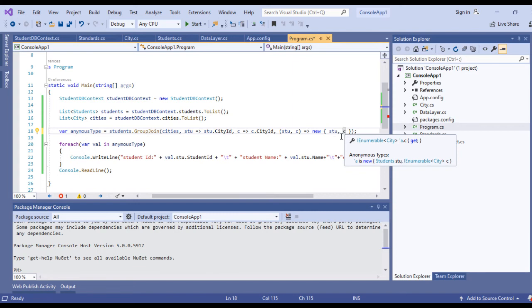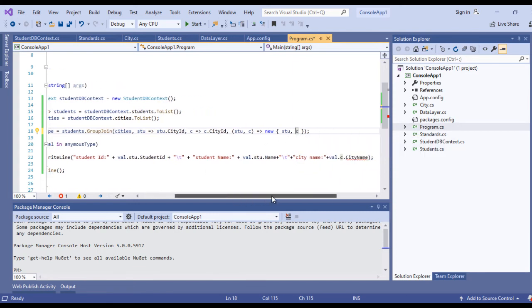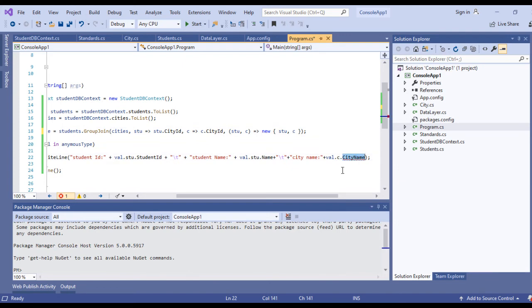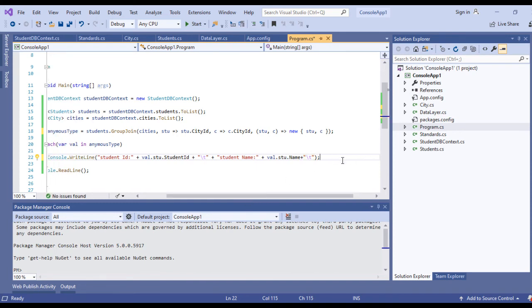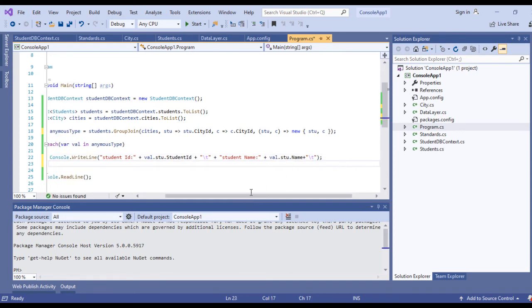That means here I cannot use city name directly. I have to loop through this city. So this is not of use anymore, and we have to loop through this city.